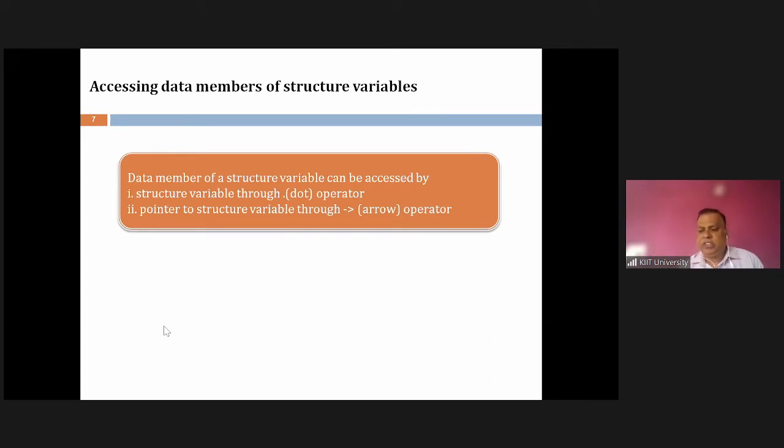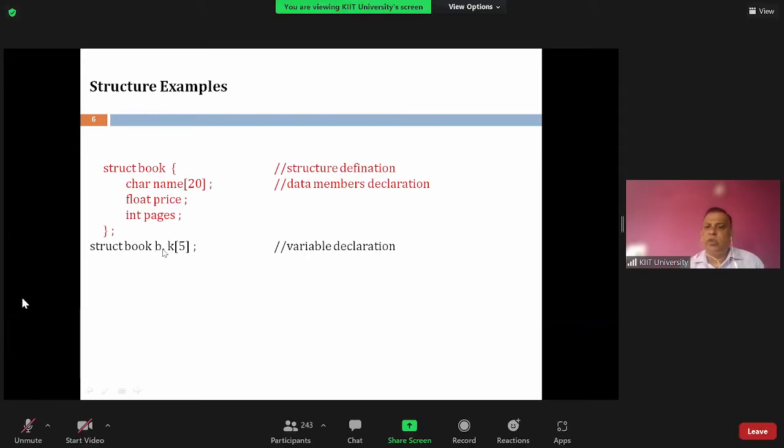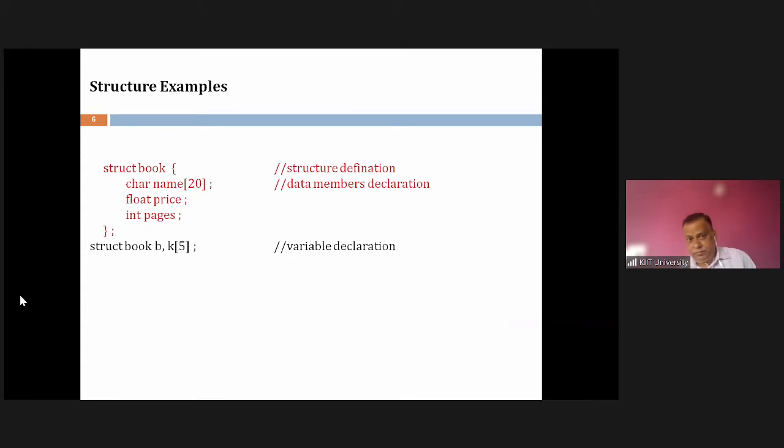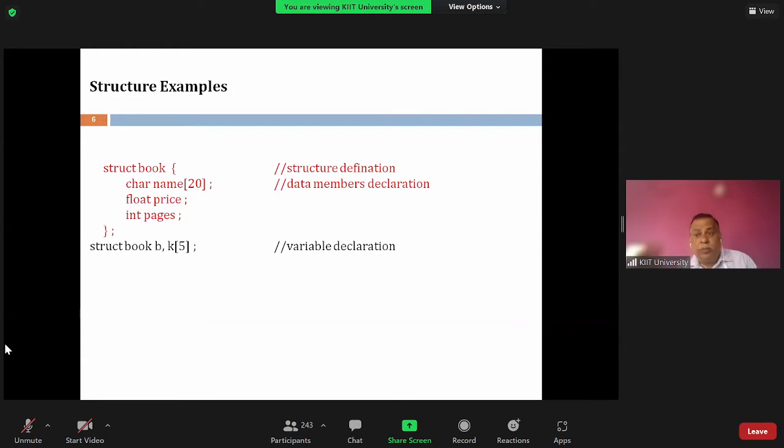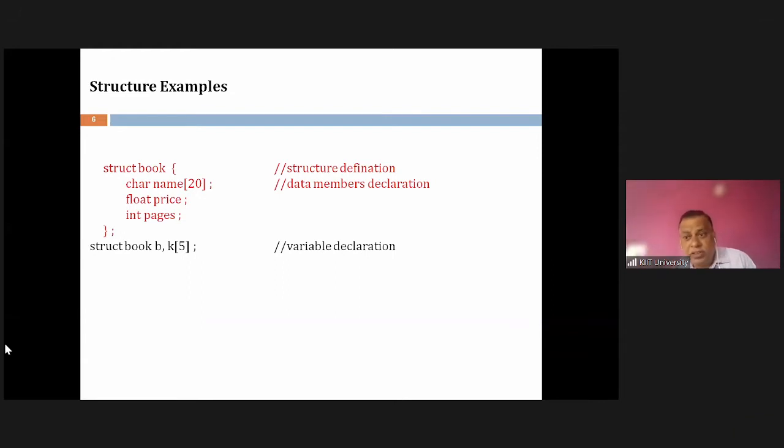K is a simple variable. But if I write star of B, is it a structure variable or a pointer variable? Sir, pointer. It's a pointer variable, but it is not pointing to an integer. It is pointing to a structure of book type. Yes or no? Yes, sir.